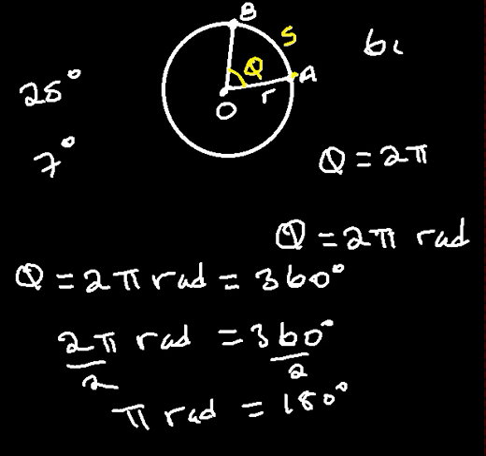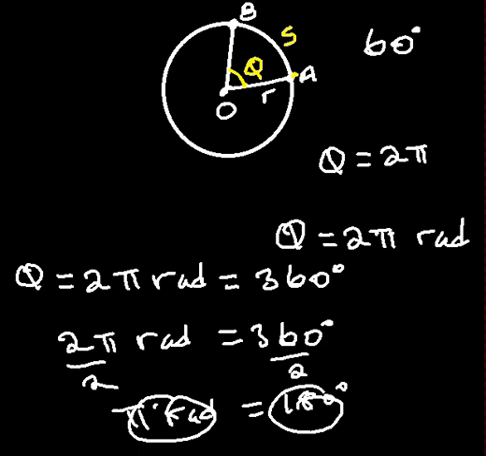We can have, let's say, 60 degrees. This also gives us the conversion factor that we can use to change from, let's say, radians to degrees. That is. And you should also understand that